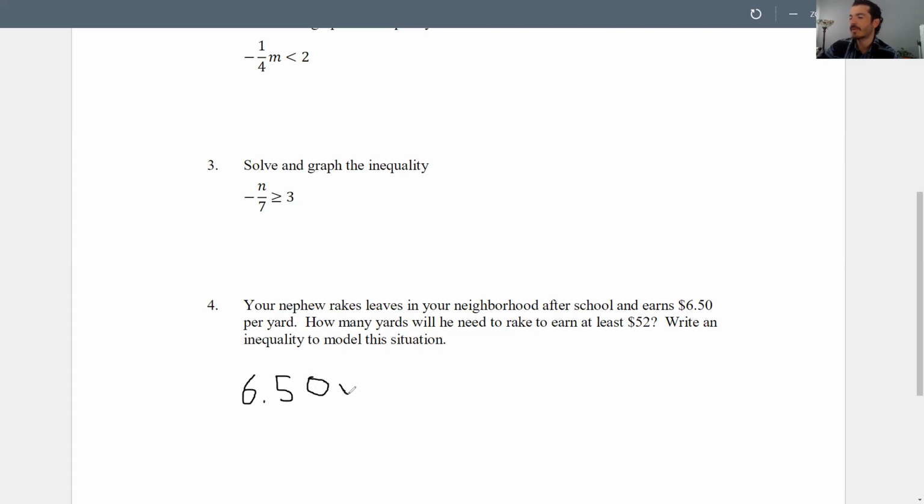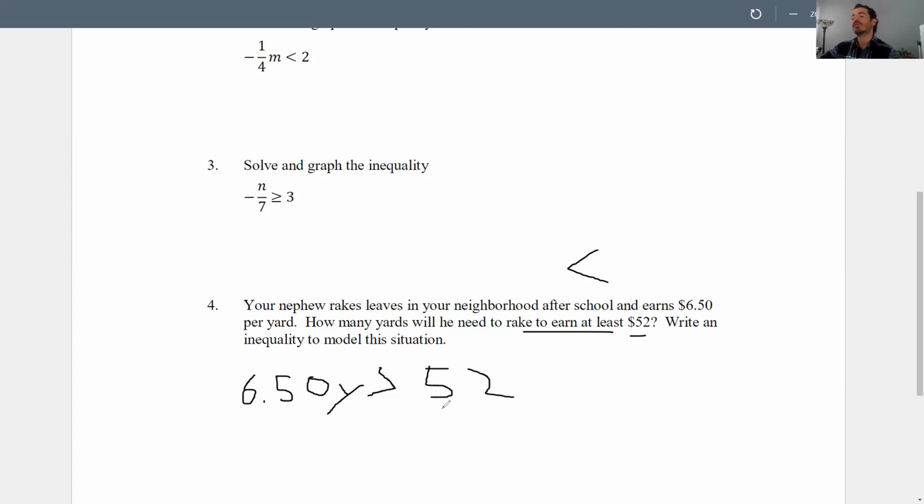$6.50 per yard. This language is really confusing. It says "at least," so our temptation is always going to be to write the "at least" sign. But that's not what it is. We want to make more than that, right? It doesn't say make no more than 52. It's at least that. So I want $6.50 per yard, which is what he's making, and then 52 is a number that he wants to make more